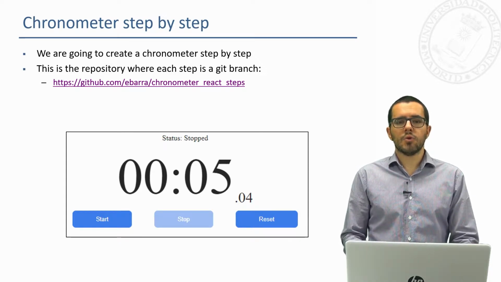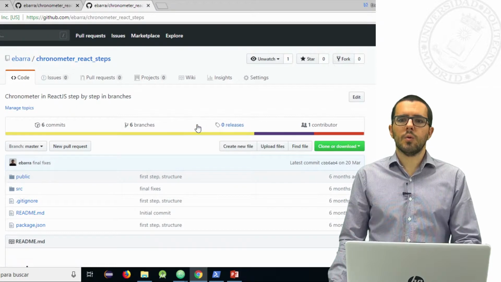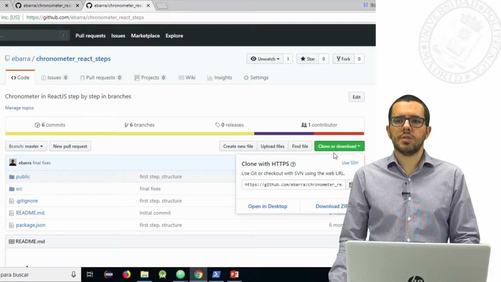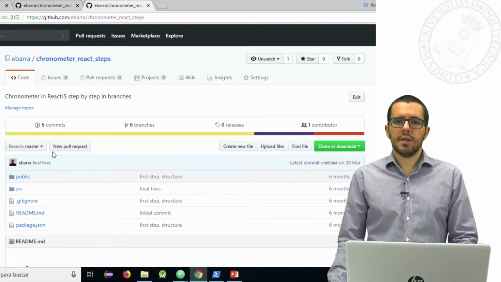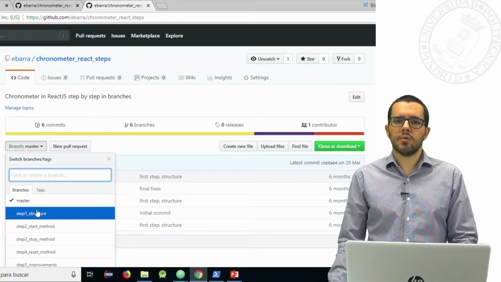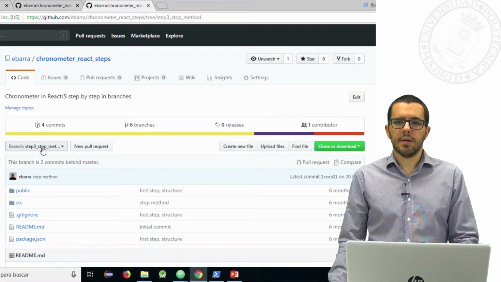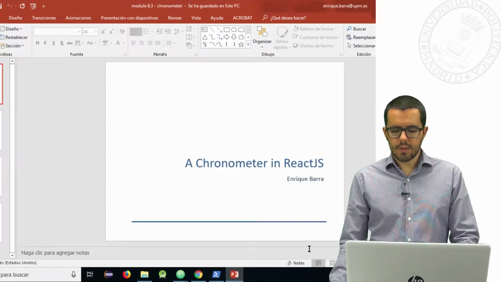Okay? So we have also created a repository in GitHub where, if we go there, we will be able to see the different steps, the code. Let me go to the repository. If you don't know Git or GitHub, in this button you can even download the zip. Each step is in a branch in Git, and you can select it here. For example, if I want to see the code at step 3, I can click here, step 3, and this is the code, or I can download it to start from step 3. Okay? It's quite easy to manage.